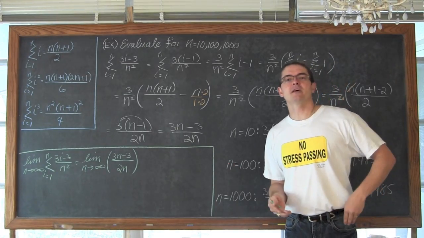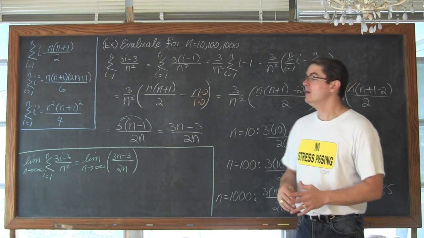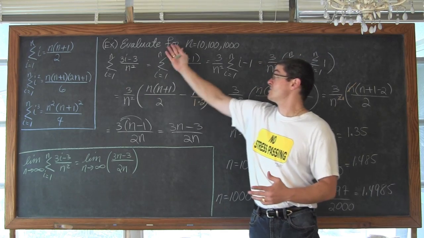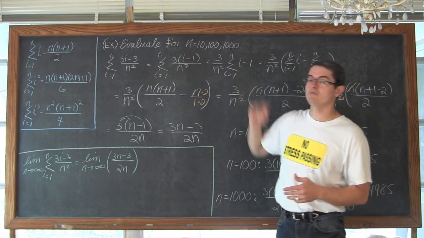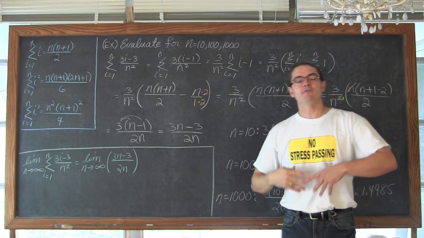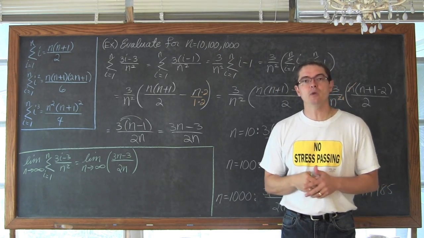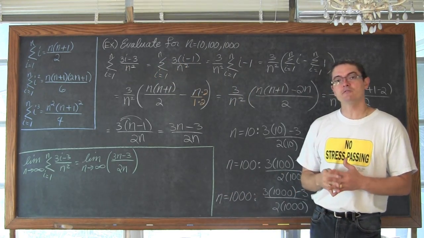I paused the video because I didn't think I'd have enough room left to finish my concept here, but I do. You will have examples in your book that give you summation problems like this, and it will be asking you to evaluate, I'm sure, these ever-increasing values of n. But really, for us to ultimately be able to start finding the areas of a plane region, we need to know how to allow that value of n to approach infinity.